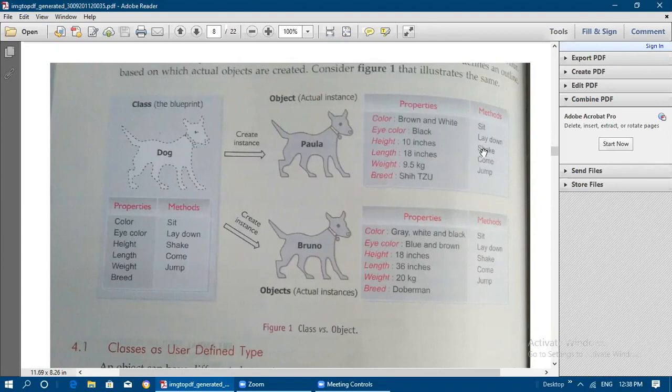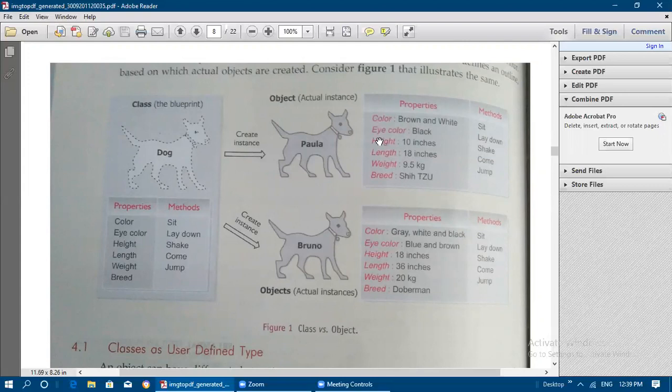If you don't want to inherit all the methods, you can inherit only two or three methods. But even so, the method names are similar to the class blueprint. So the concept of inheritance is applied here. This is the advantage of the OOP concept. Whenever we implement programs, if we have created one particular class, from that class we can create similar, same type of objects, different objects. Only the property values will vary.